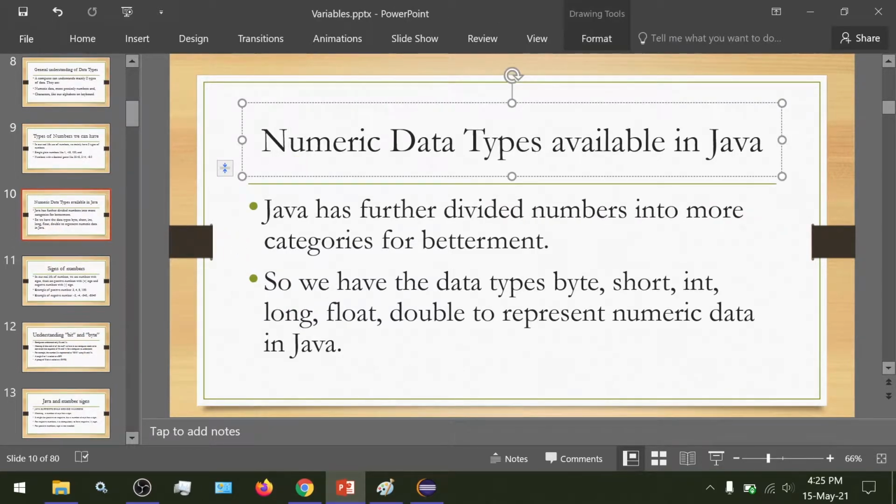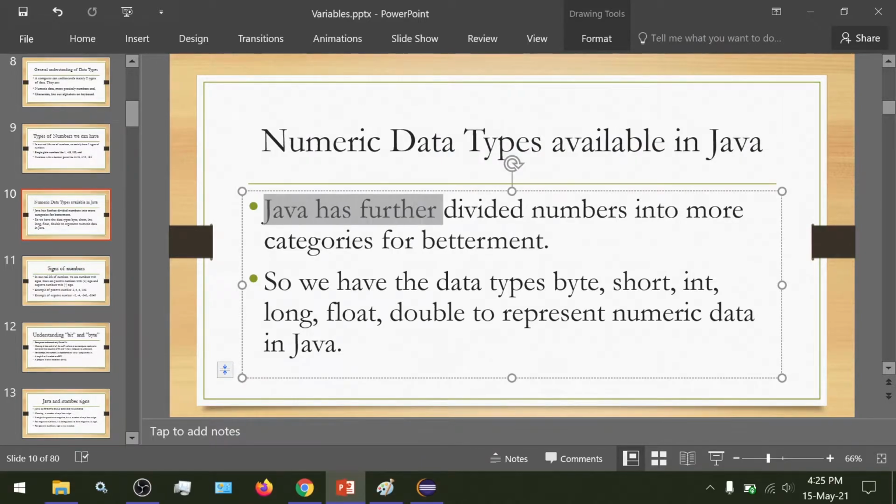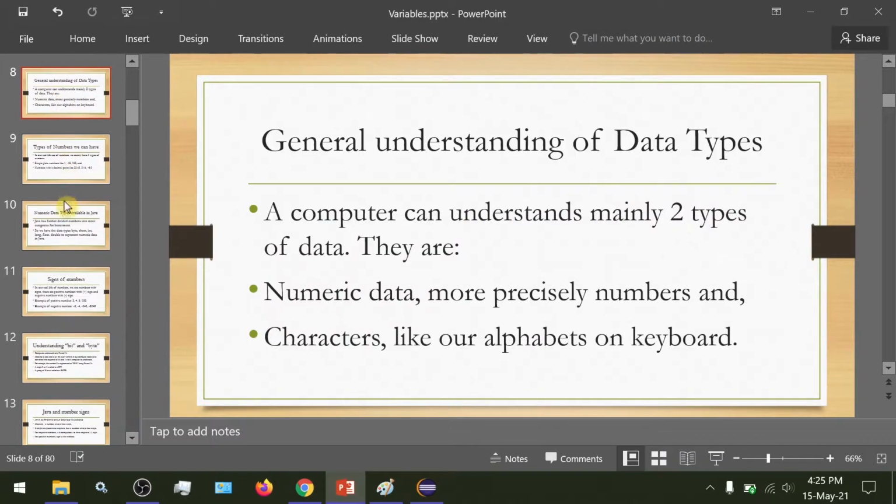So numeric data available in Java. Java has divided numbers into more specific categories so we could work on it. Just as we saw that the data is divided into numeric and floating point, the decimal point data.